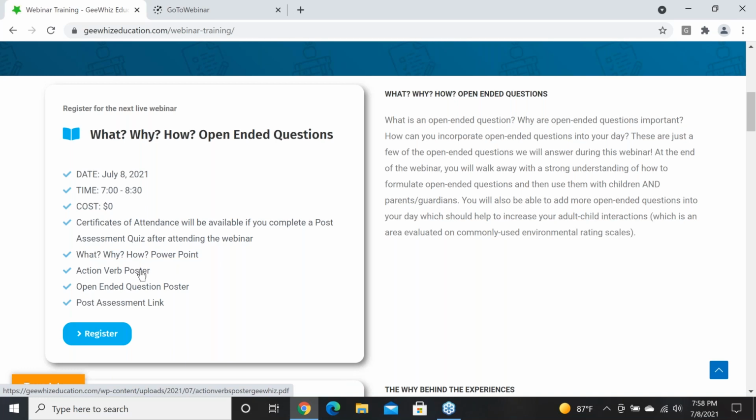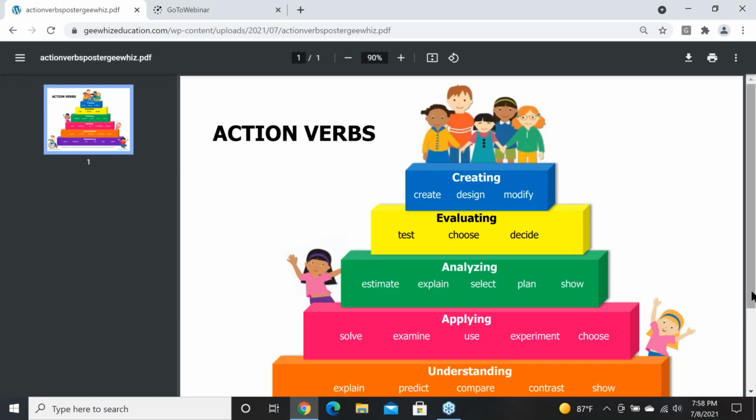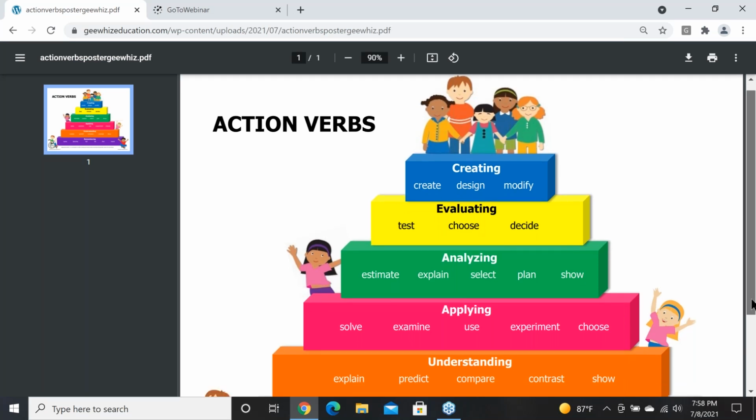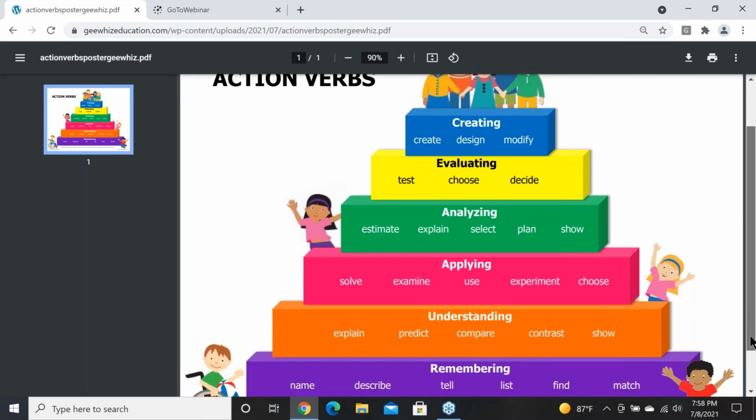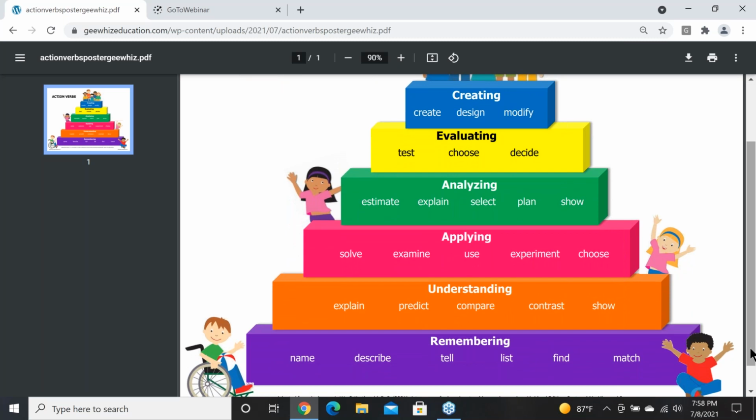The first one is the action verbs poster. These are words that you can use when you're talking with children. You'll notice this pyramid again, which is Bloom's taxonomy. These are verbs to use in conversations with children as you're asking those questions that fall under each of these different areas.